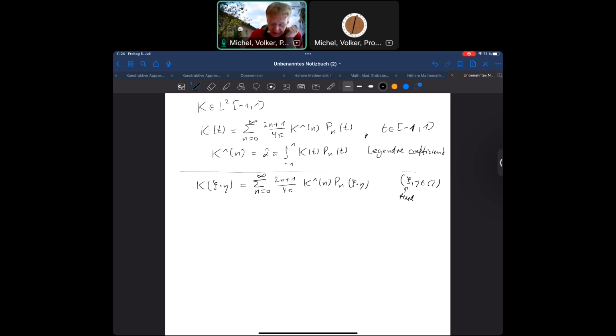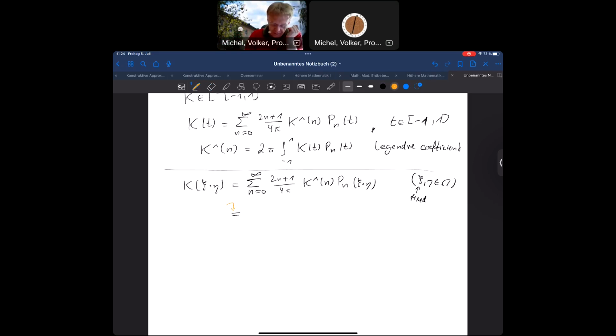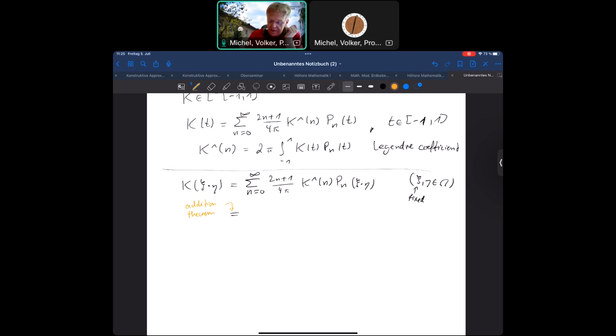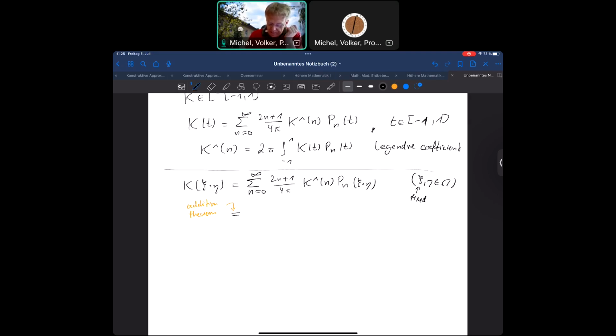There is a so-called addition theorem for spherical harmonics, and this tells us that this (2n+1)/(4π) times the Legendre polynomial,